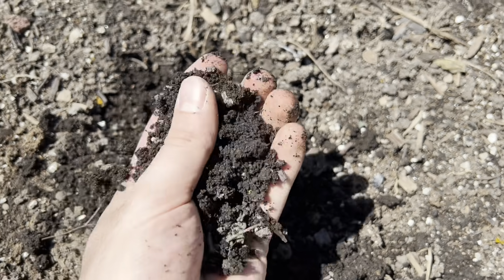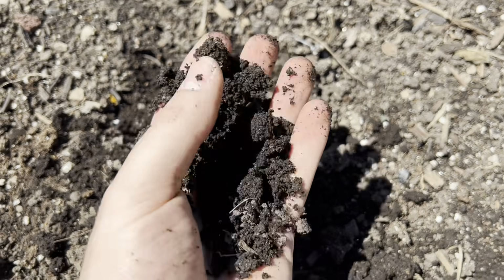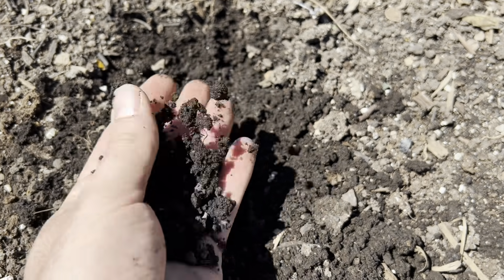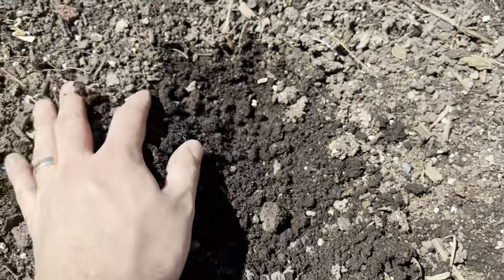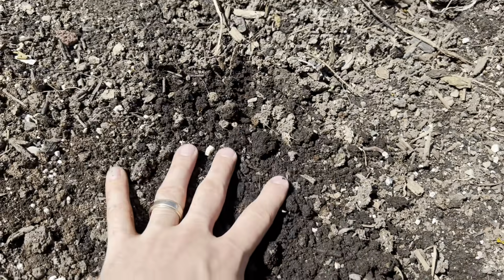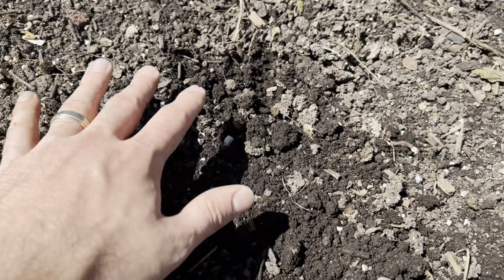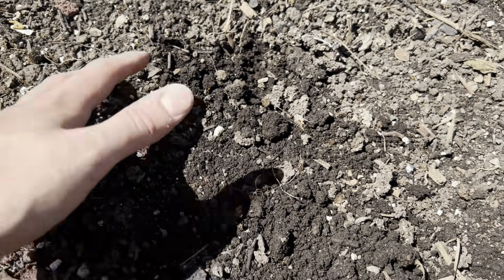You'll notice that there's a little bit of a compaction issue right now in our soil because I'm lacking a lot of that organic material that prevents it from compacting. But all I have to do is simply work in some compost from our compost pile, and that will be fixed. And that's something that we recommend doing every single year to make sure that your soil texture stays adequate, because